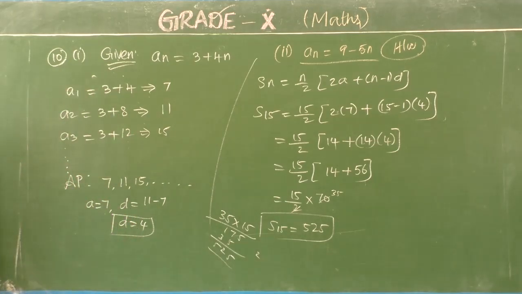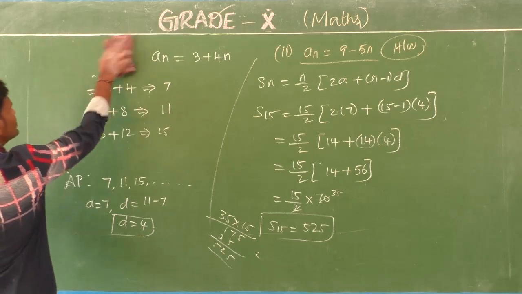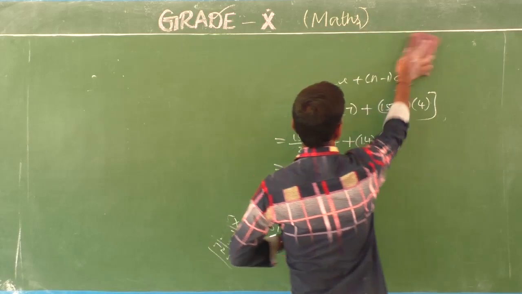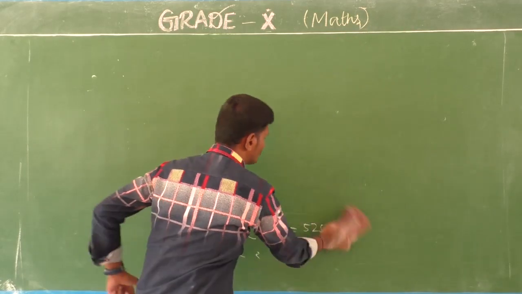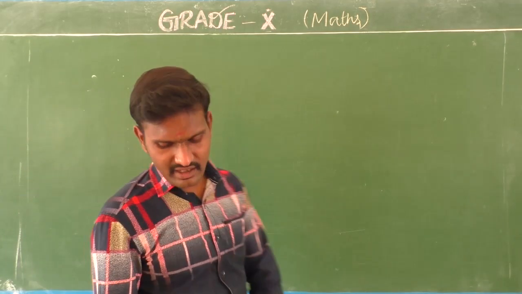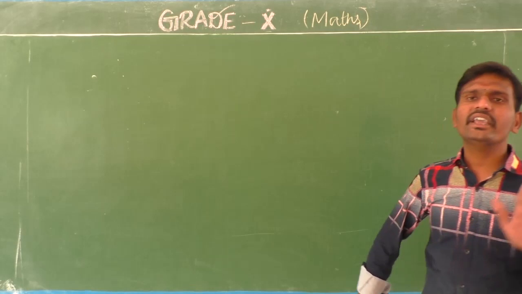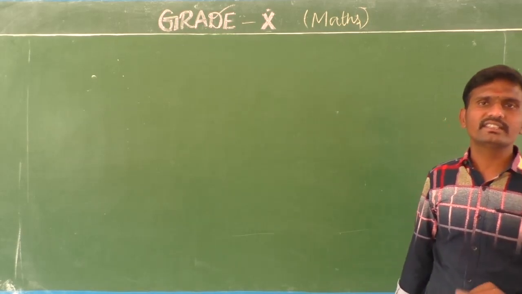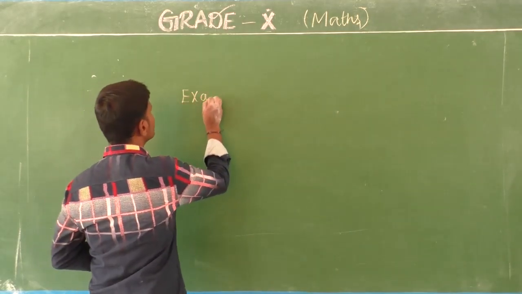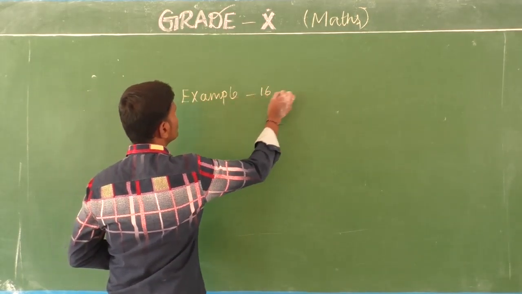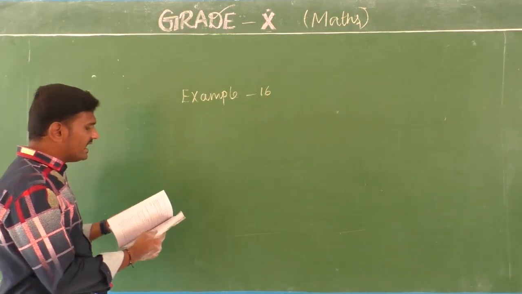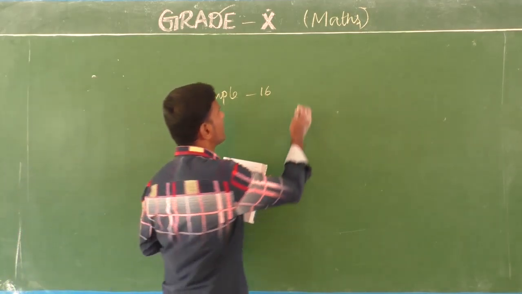Now I want to discuss the deleted portion of this unit, arithmetic progression. Listen carefully. Already I told you the first 2 exercises do not have any deleted portion, as per the announced portion. Now coming to the third exercise, you have the deleted portion: Example 16, the TV manufacturer sum, page number 111.